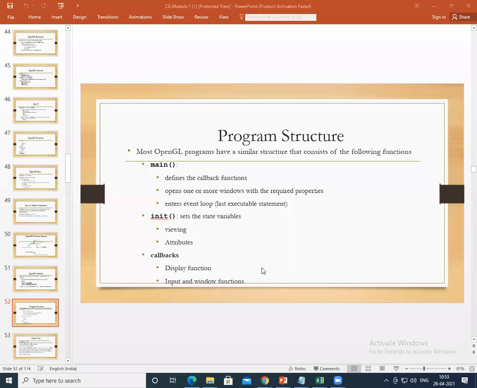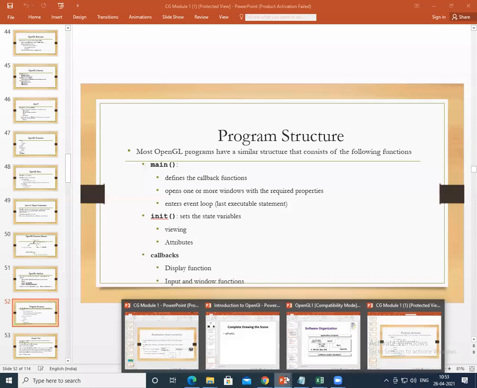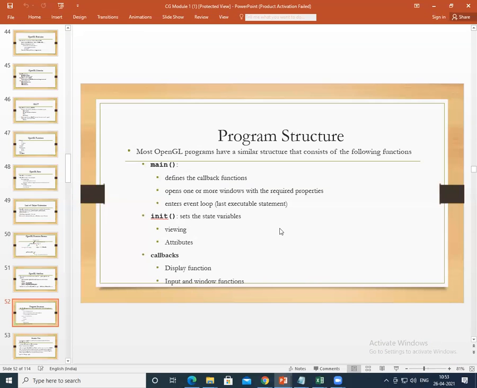The structure of an OpenGL program consists of a main. Main basically defines the callback function. It helps you open one or more windows with the required properties, and it enters the event loop, that is what exactly is to be executed on the screen.